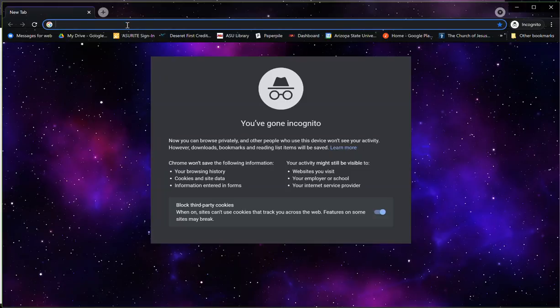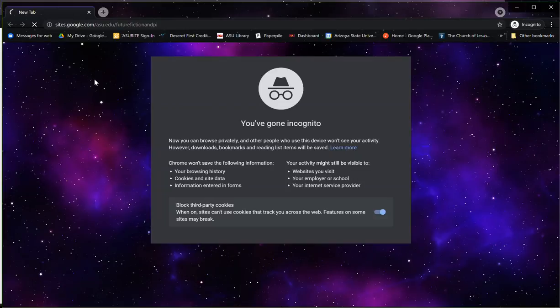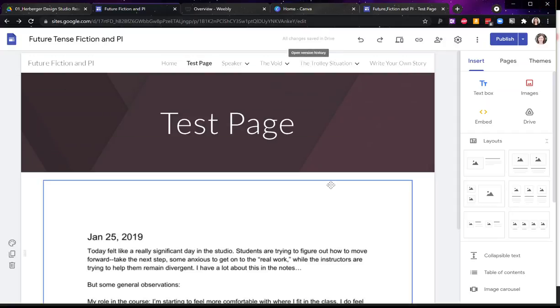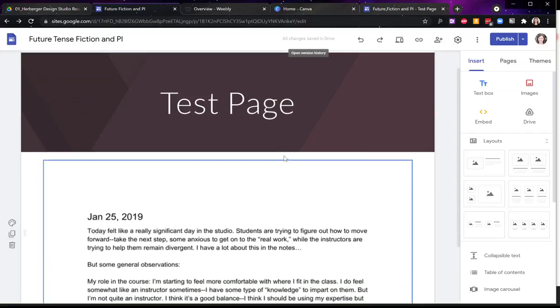So if I come to the incognito window and I type this, I can't access it because it asks me for an account. All right. So that's most people on the internet are not going to be able to access this website without a certain type of Google account. So I'm going to go back to my back end here,